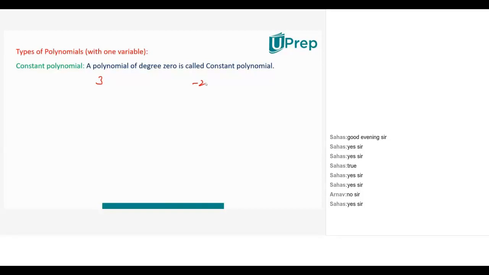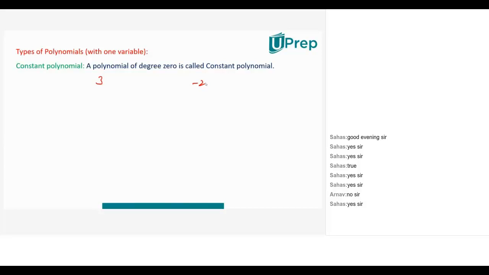So now can I say every real number is a polynomial? Which is a constant polynomial, no problem. Every real number is a polynomial. See the beauty. Number system. When we started learning math, that was number system. We learned 5, 2 by 3, 3. First we started with natural numbers, then whole numbers, then integers, then positive integers, negative integers, then rational numbers, then irrational numbers. So many things that we did with the numbers.